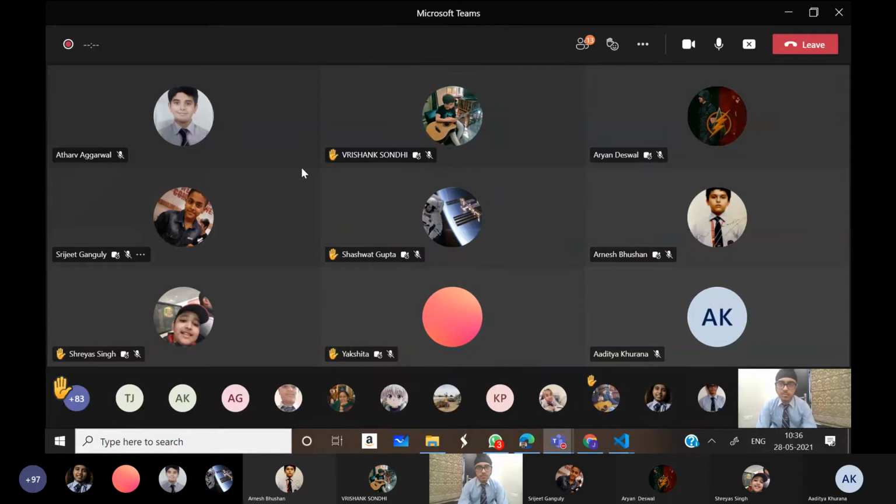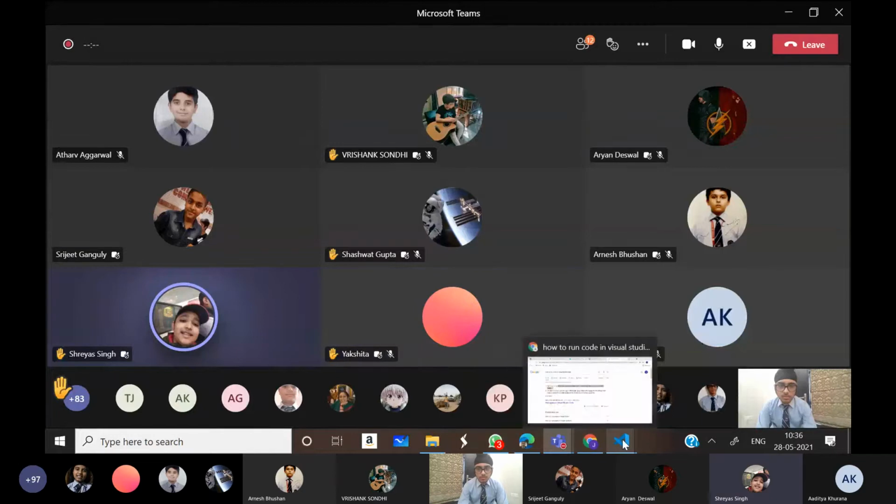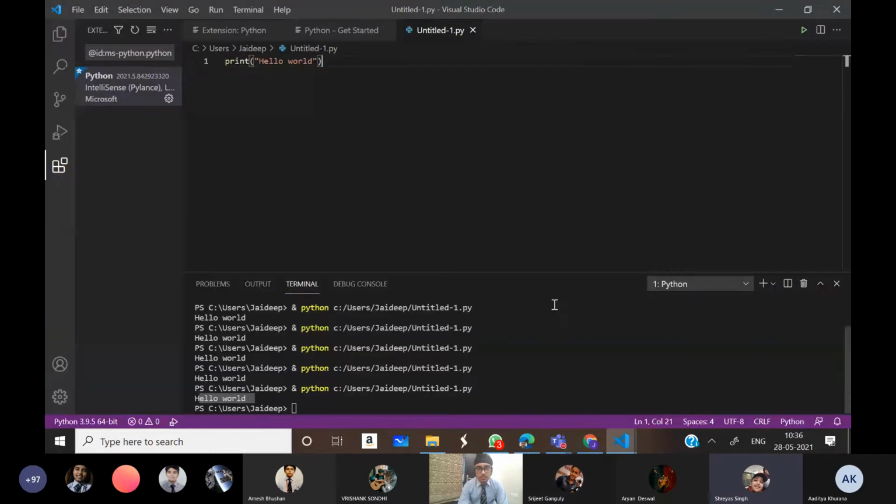Am I audible? Yes, sir. Sir, I have tried it, but it's showing a syntax error, invalid syntax. You have written it wrong, so fix that and move forward. Hello world. In VS Code, I am not able to do it.